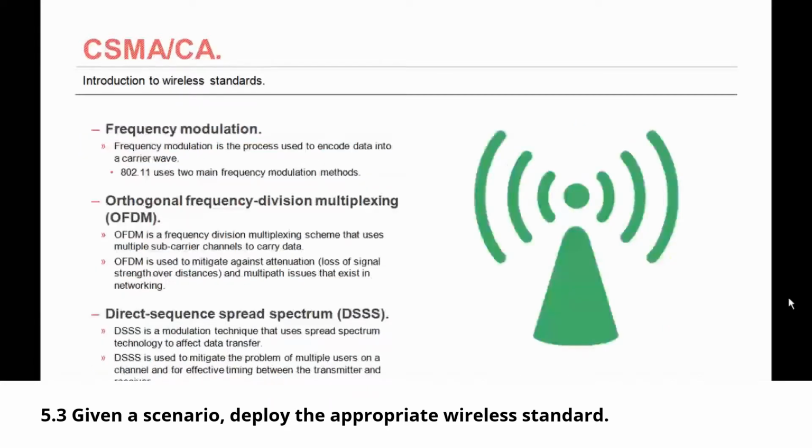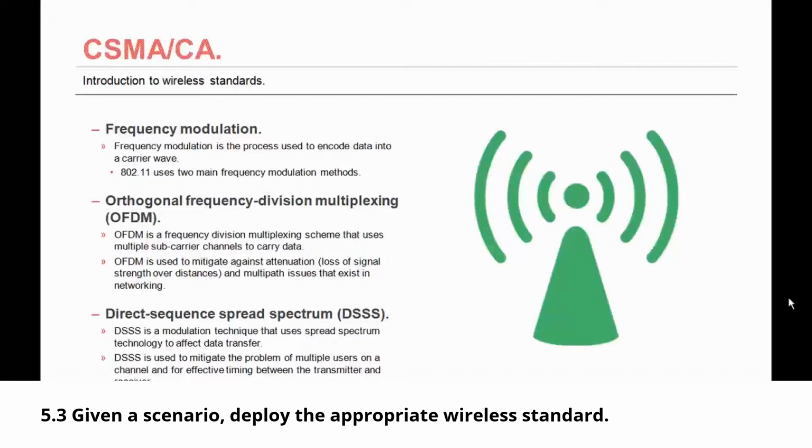Now let's talk about frequency modulation. Frequency modulation is the process used to encode data into a carrier wave. 802.11 uses two main frequency modulation methods. The first one is orthogonal frequency division multiplexing, or OFDM. OFDM is a frequency division multiplexing scheme that uses multiple subcarrier channels to carry data. It is used to mitigate against attenuation, which is loss of signal strength over distance, and multipath issues that exist